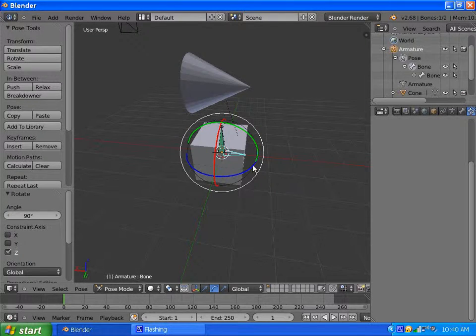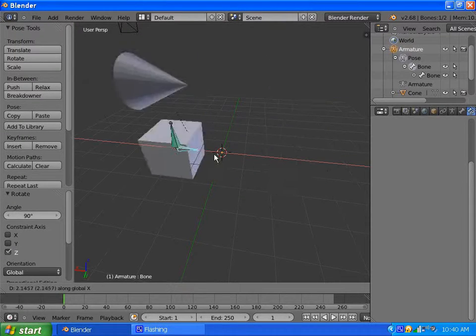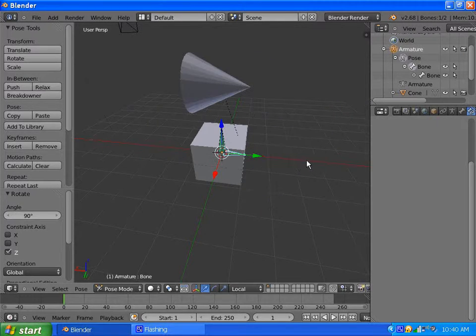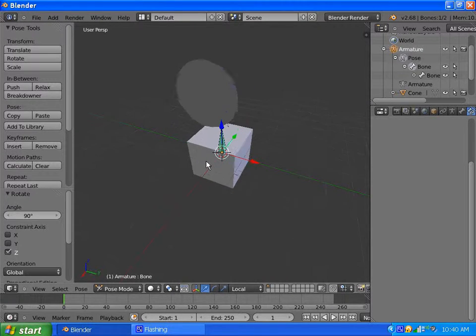And you can see that it is still going, and if I go here, see how this green is the Y in local space, and I move it along the X, but it should still be Y in local space. It's not handling it in local space like it should be. That Y should be rotated with the object, and it's not. So this is kind of a bug here, or to me it looks like a bug,